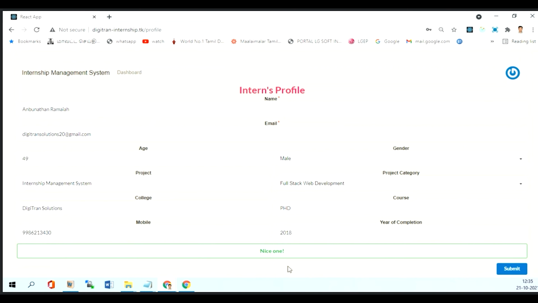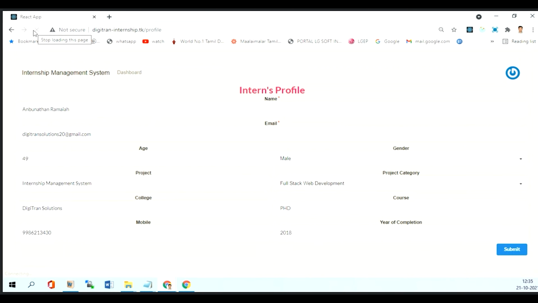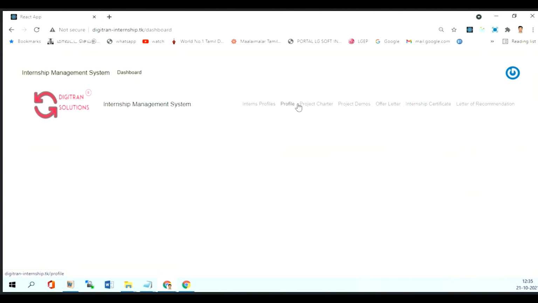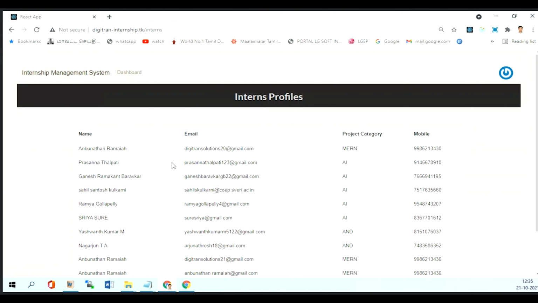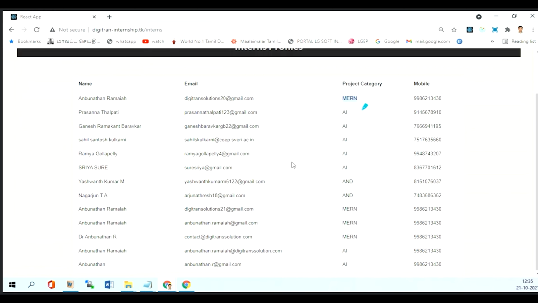Now you see it's saved. To confirm the save, refresh the page. Now you will get all the data back, which means it's saved properly. Before moving on, you can confirm your name is appearing here. See, whatever I recently added is added here. It is a web-based project, so it's appearing here.